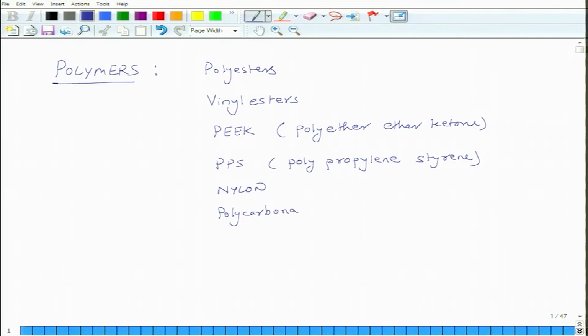So, it is important to be familiar with at least the names. We do not have to be experts in each of these materials, but at least we should be familiar that these are some of the names which are commonly used. Then we have polymers which are used as matrix materials known as polyacetates, or actually acetals, polyacetals, polyamides,